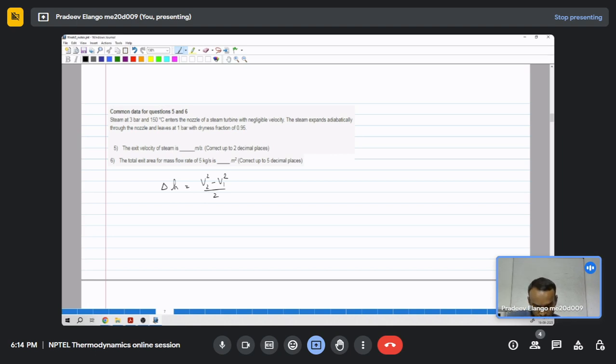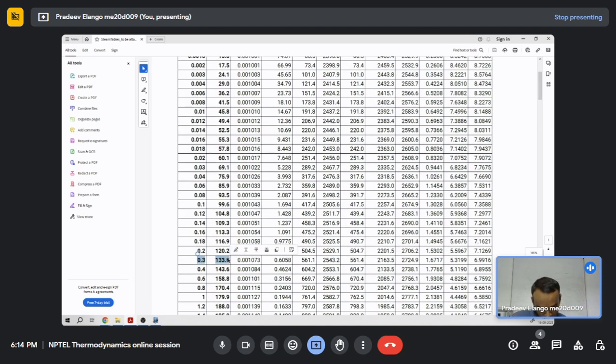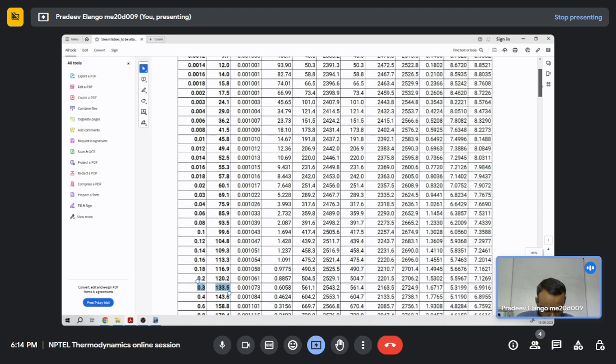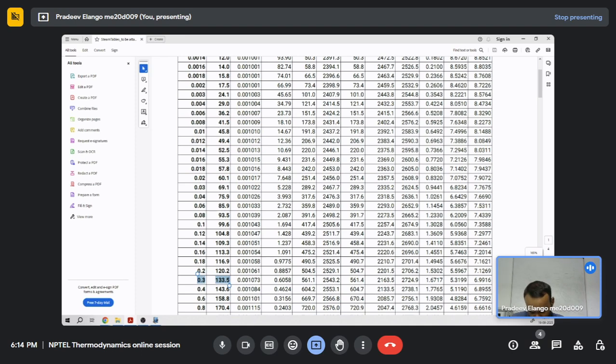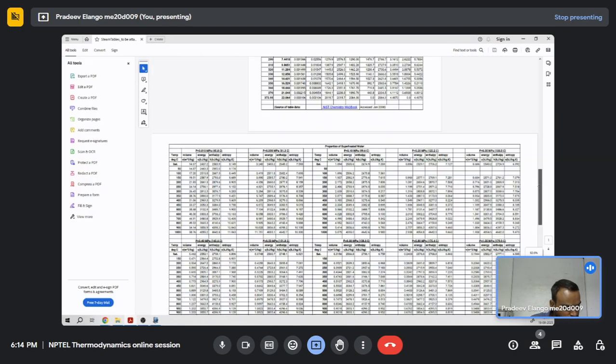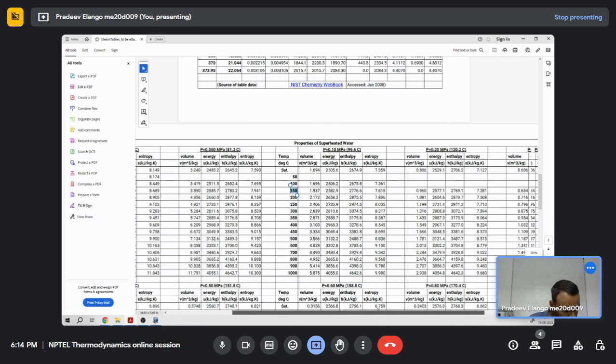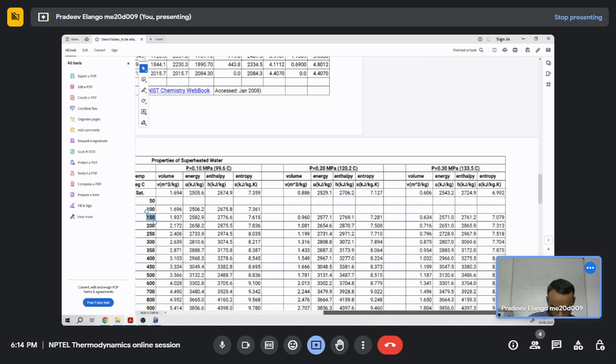Now we can calculate the initial and final enthalpy. It is given at 3 bar and 150 degrees Celsius. We can use the steam table to find that. Three bar is 0.3 megapascal. At 0.3 megapascal the saturation temperature is 133.5 degrees Celsius, whereas in the given condition it is 150 degrees Celsius. So it is a superheated steam. So we can go to the superheated steam table. So we have 0.3 megapascal or 3 bar and 150 degrees Celsius. So enthalpy is 2761.2